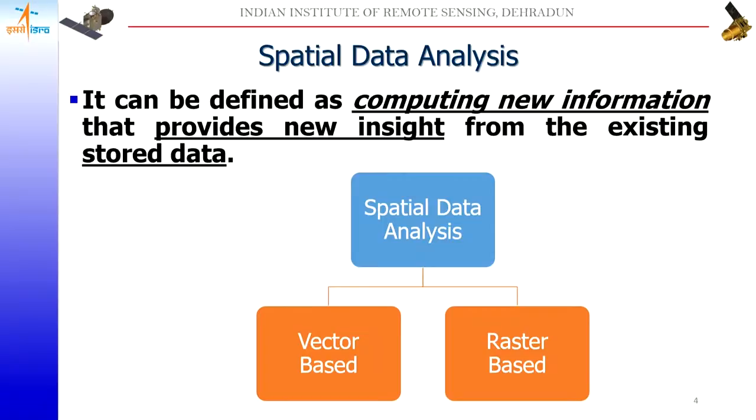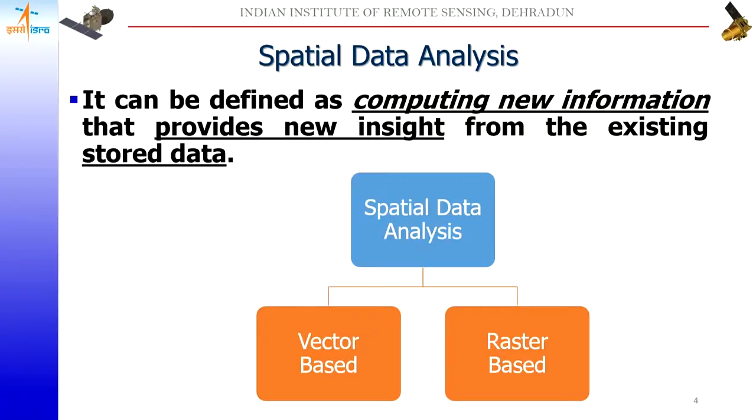Now, from the GIS data model perspective, data analysis operations can be either in the vector mode or in the raster mode. Basically, every time we are looking at a certain phenomenon in a spatial domain, or trying to relate how one phenomenon relates to another phenomenon over a distance, we are talking about spatial data analysis.